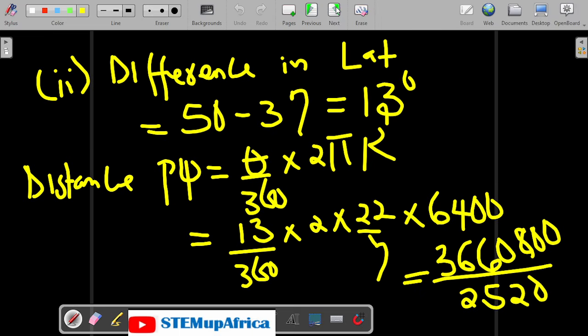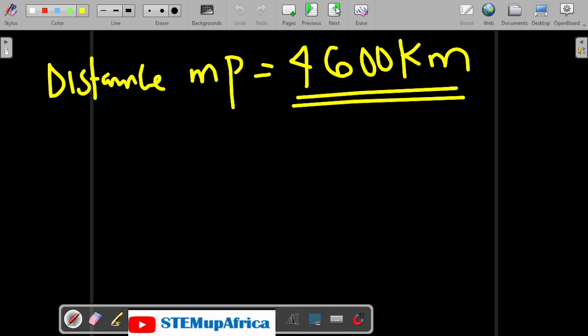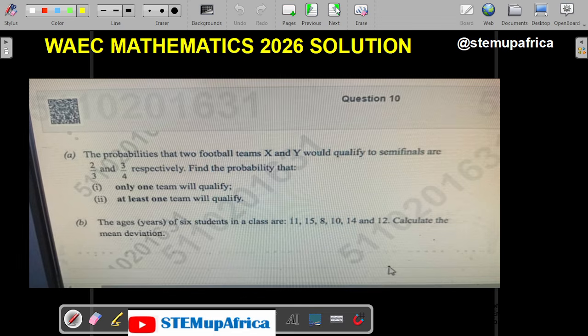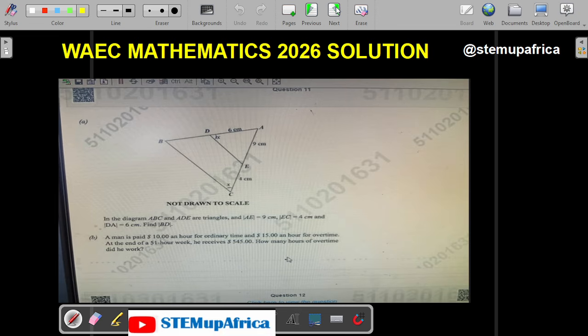So that is question 10. Let's check question 11. So this is question 11. The first question we have here is similar triangle. So for the purpose of clarity, I have to redraw it. Now, if you look at the similar triangle, we are told that